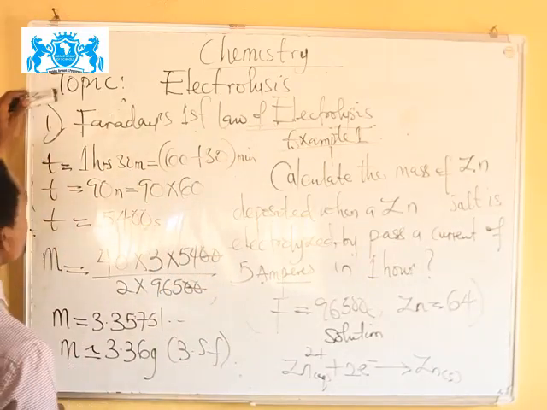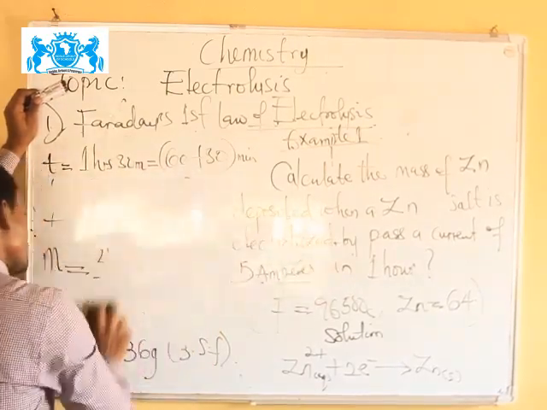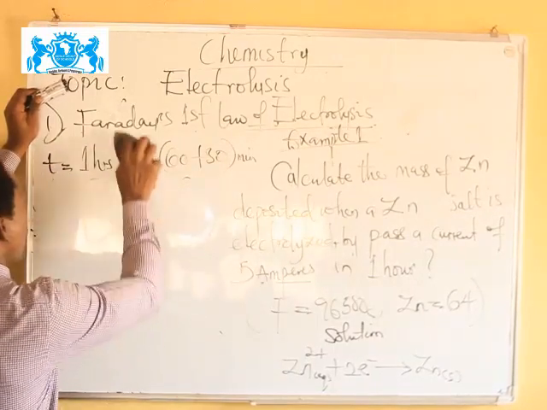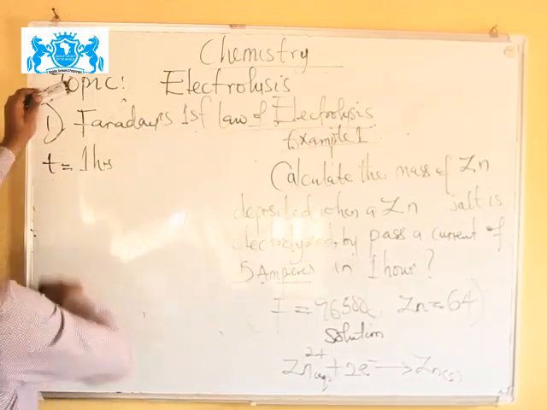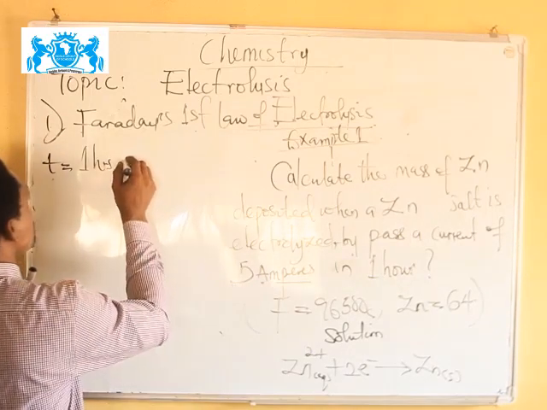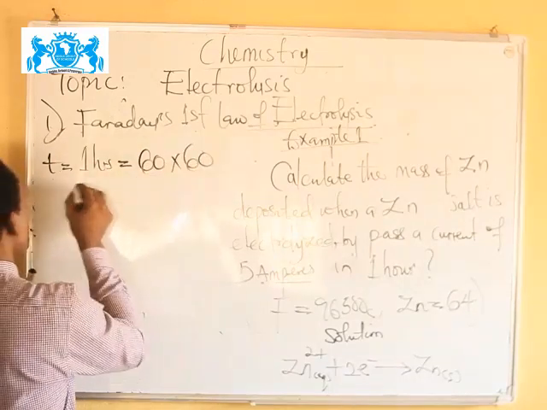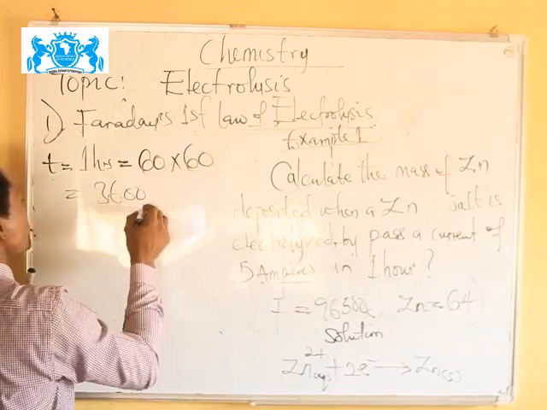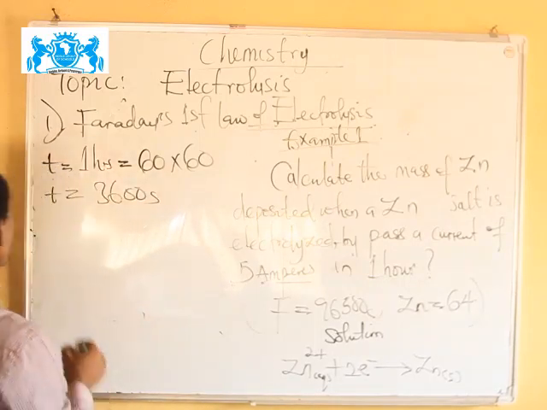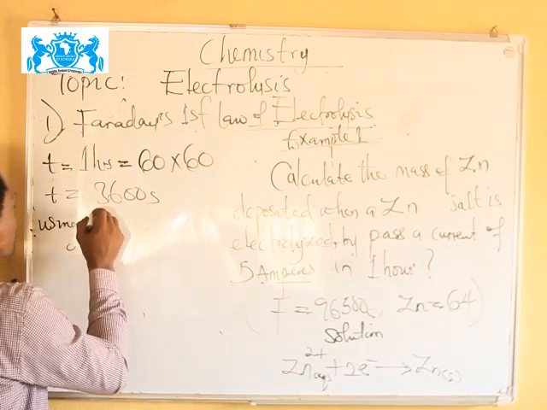Okay, that being the case, we convert the hours to seconds. So our T there will be equal, 1 hour will be equal to, in seconds, 60 times 60, which is 3,600 seconds. That's our T. Then the mass of zinc, using Faraday's